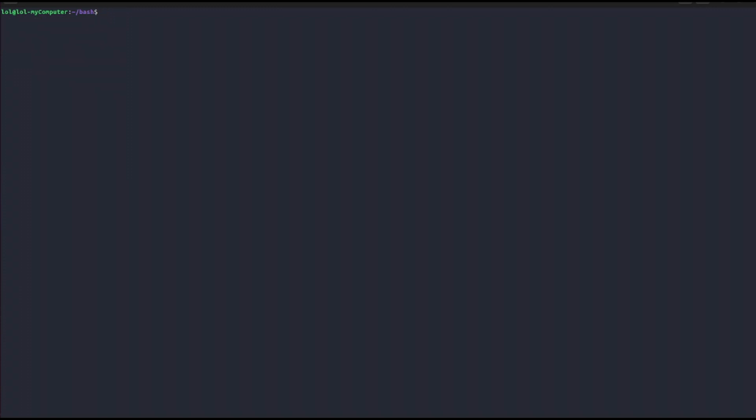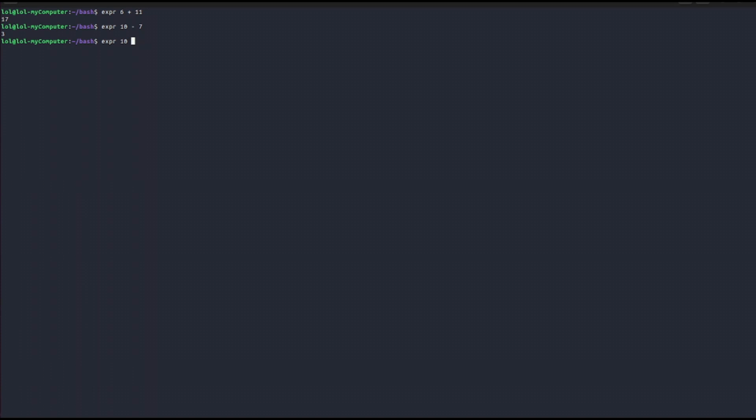So in order to tell the interpreter that we want to perform a mathematical operation, we're going to have to use the expr keyword. If we use the expr keyword and then inside of it perform an operation, we will get the result of the operation. So we can do it with addition, and we're going to use the plus symbol, of course. We can do it with subtraction using the minus symbol. We can do it with multiplication, but be careful that you have to escape the